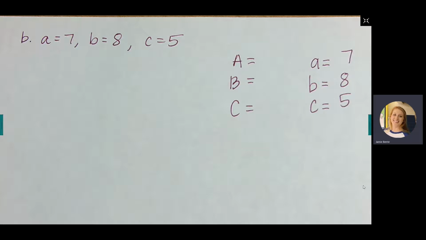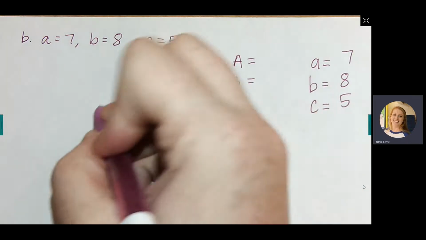All right, so same thing here. You got to think, like, where do you start out? You're finding your biggest angle first. Which one of these is going to be the biggest angle, A, B, or C? B. Good. So we're going to find B first. We're going to use law of cosines because we don't have any matching sides and matching angles. I'm going to draw a little picture over here